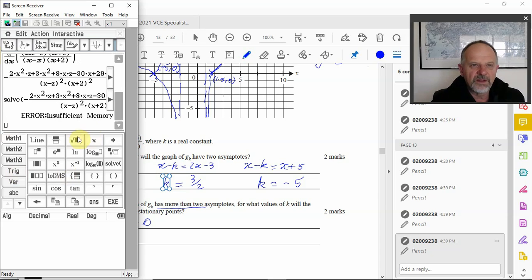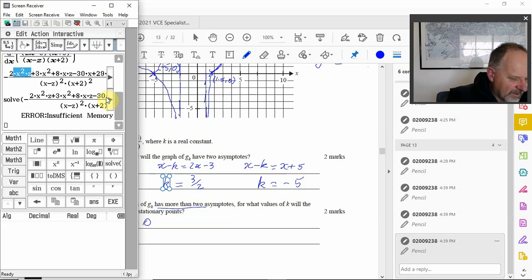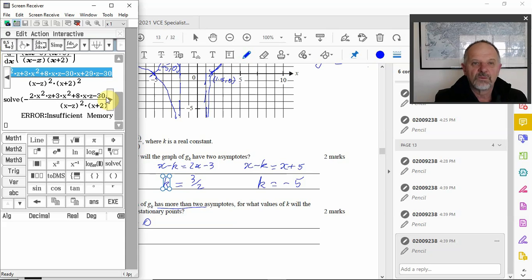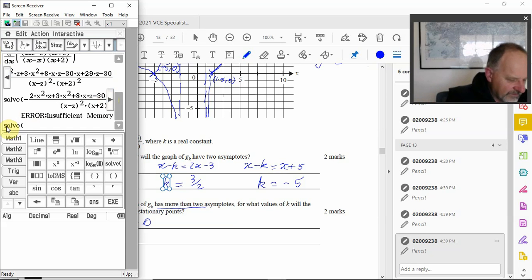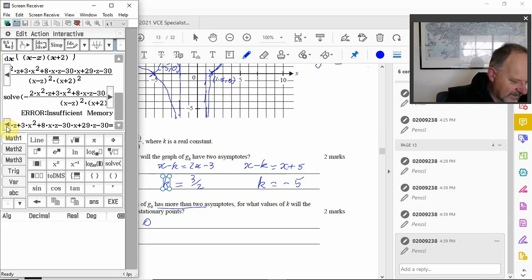So when you look at that, we can think, okay, for this expression to be equal to 0, what are we really looking at? Well, really what we're looking at is this top line here, this part I've just highlighted. When that's equal to 0, that's when this thing's going to equal 0. So let me copy that, and now we'll come down here again and solve that equals 0 for x. And then hopefully that's going to work that out